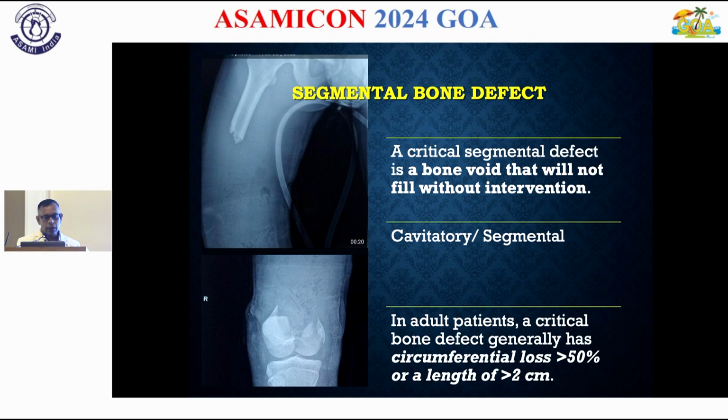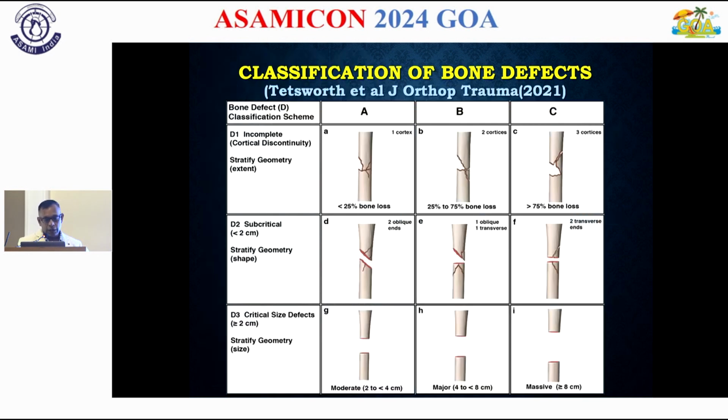We all know that a critical segmental bone defect is a void that will not fill without any intervention. That's the most articulate way of describing it. In adult patients, a critical bone defect generally has a circumferential loss of more than 50% or a length of more than 2 centimeters. Without a proper intervention, it won't heal. So this classification already